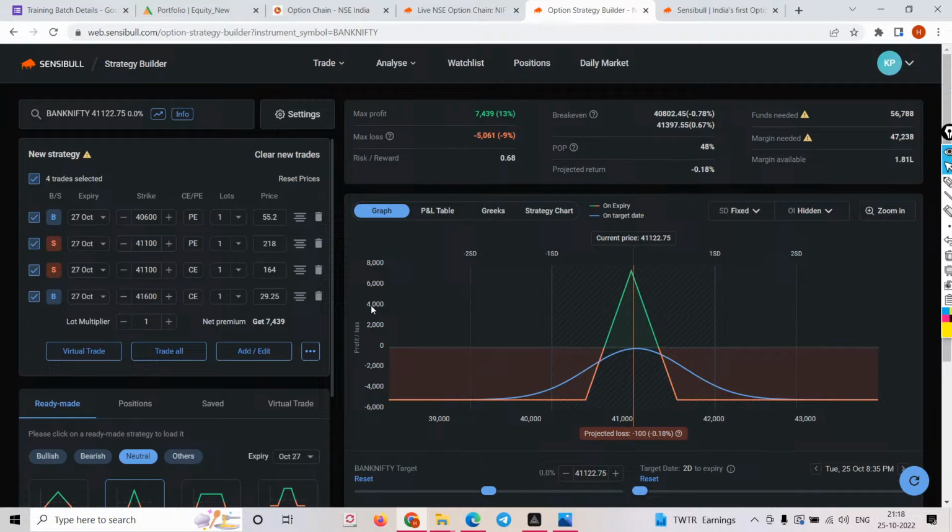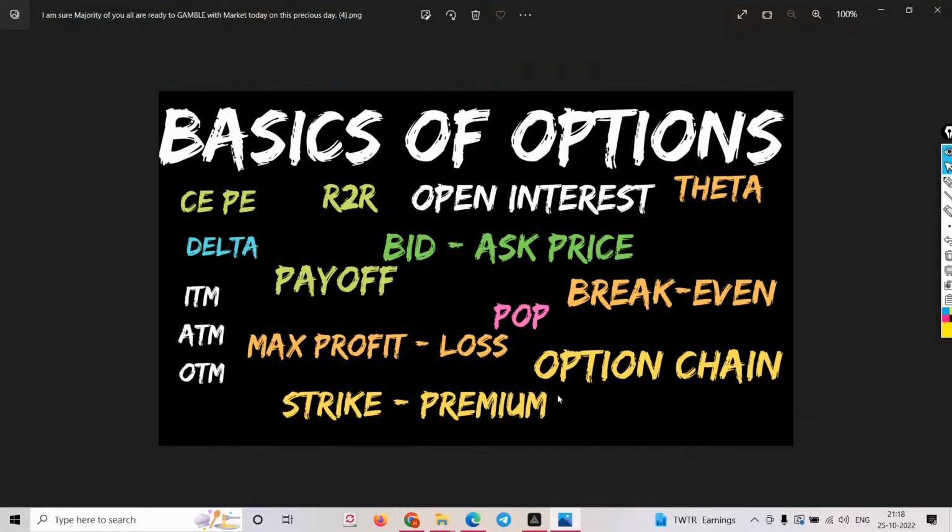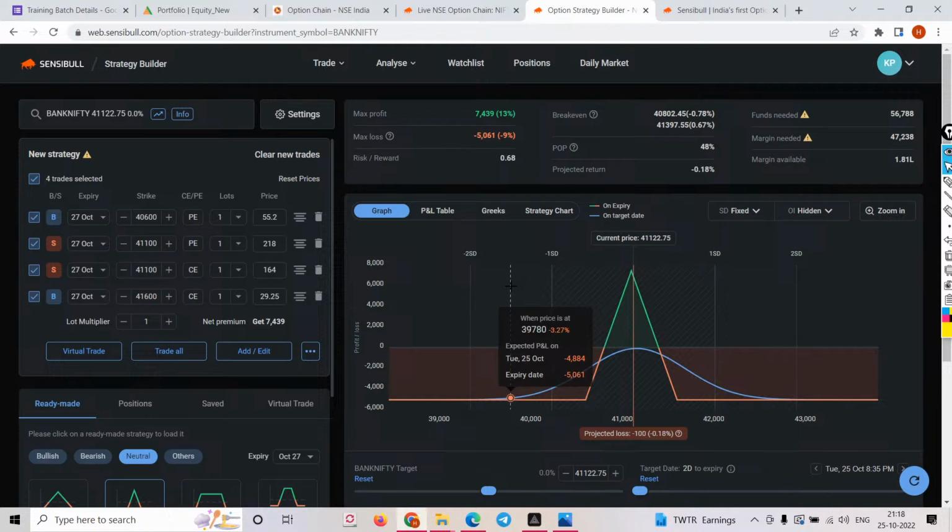Okay, we have another 12 minutes, friends. Let me check if I can cover any other topic. Strike and premium selection we have seen. When I say strike and premium, it's whether at the end of the day you are in the money, at the money or out of the money. I've shown you everything practically. Max profit, max loss, you guys have to do that. I've shown you 100 times. POP we have covered, and bid and ask, and risk to reward. I do not like the risk to reward feature in Sensible, because it shows 0.68. What should I understand from that?